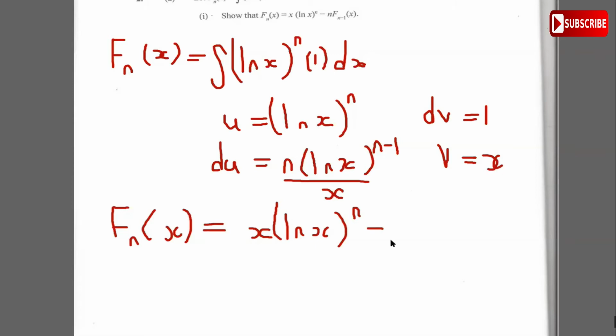Now v times du is going to be x times all of this, which becomes n (ln x)^(n-1)